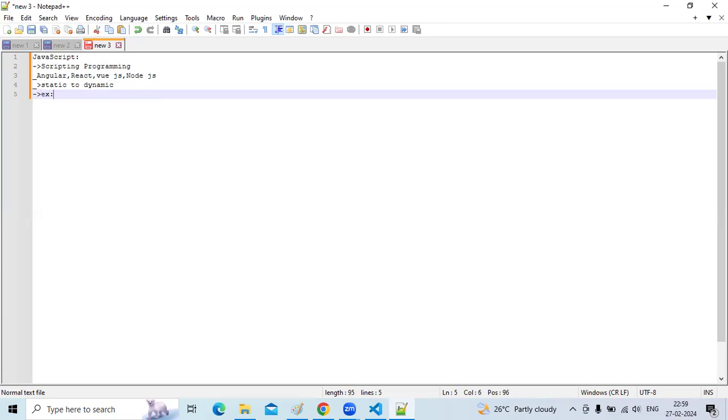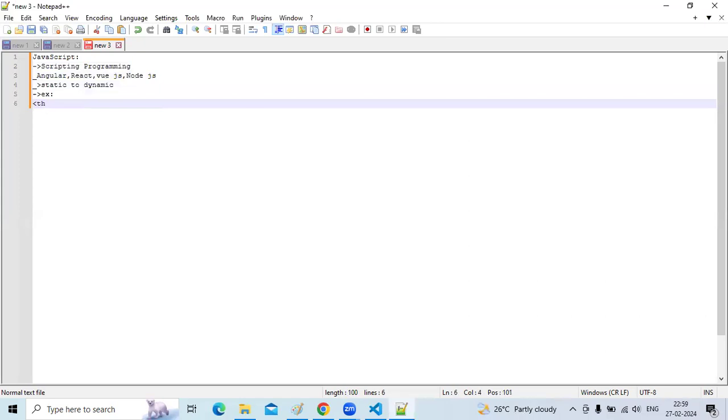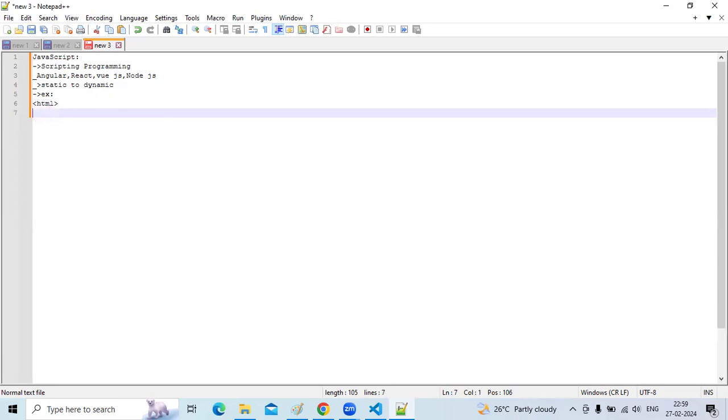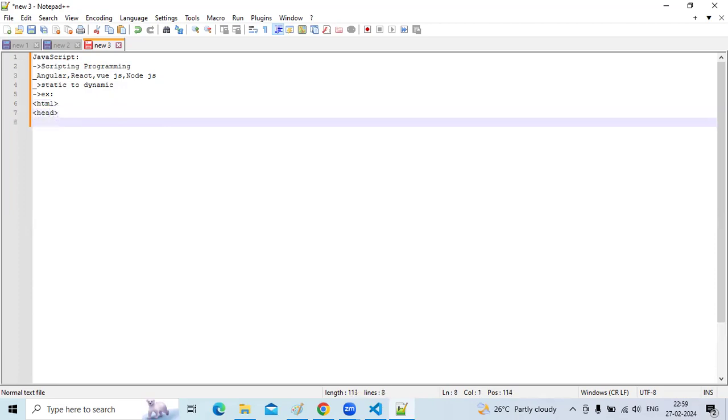I will show you a simple example. In HTML, in the header part, you have to use the script tag.